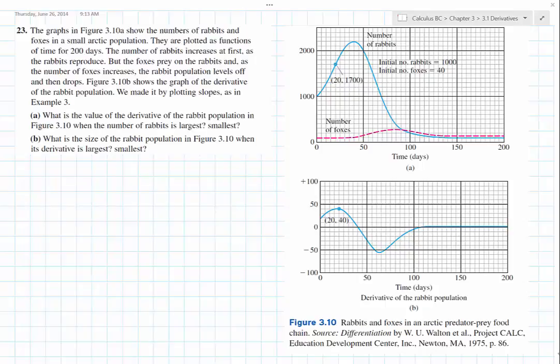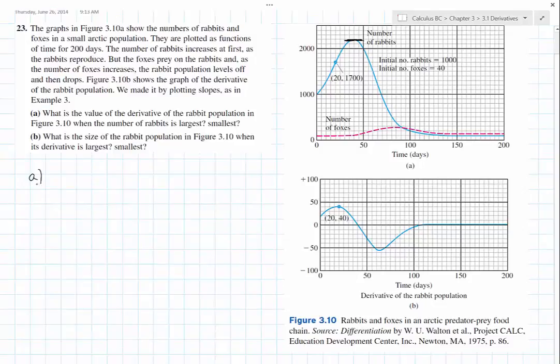Well, when the number of rabbits is largest is right here, and we can see that the derivative of that population is 0, because at the point where the population is maximized, there's a change in the direction of the function. So 0 when population is greatest,